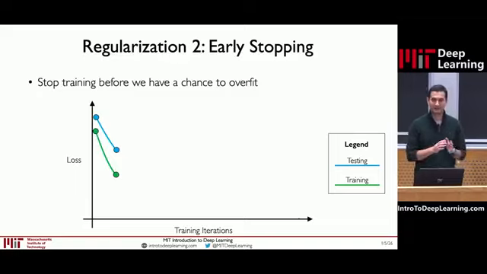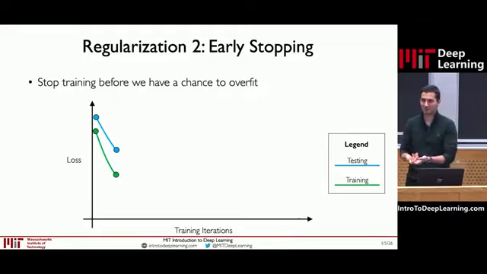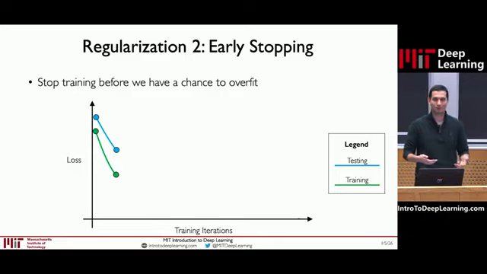So we already have this definition of overfitting, which is simply that we start to perform better on our training set than we are on our testing set, right? That's effectively what it means to overfit. So we're no longer generalizing our learnings from training into testing, right? Our training is continuing to improve, but our testing data is just getting worse, right? So we can do this by actually having two separate data sets, one that we train on and one that we test on. And constantly throughout training, we're evaluating both data sets.